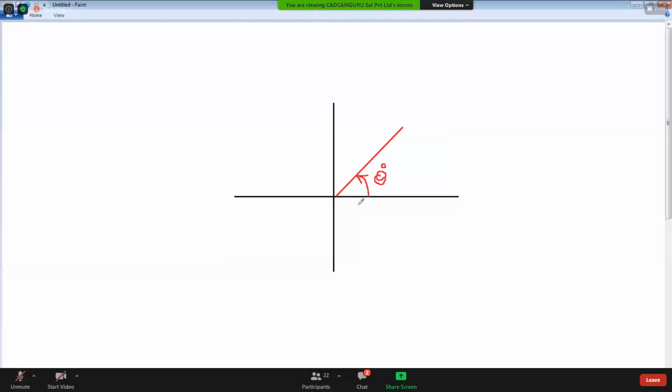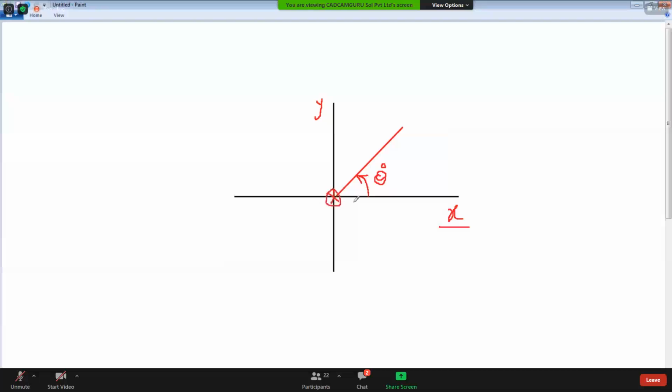Theta degree. How is it measured? Along this horizontal reference, that is X reference. This is Y reference. So while putting this inclined line, what is the basic requirement? One reference is X direction, and rotation, the center point of rotation.